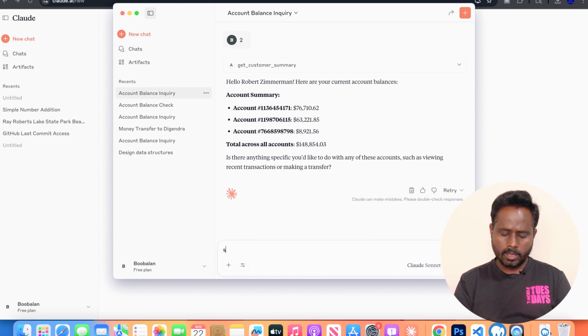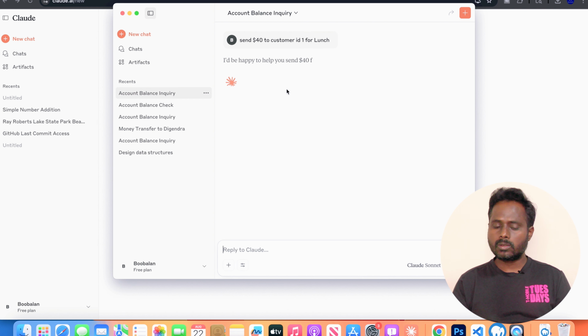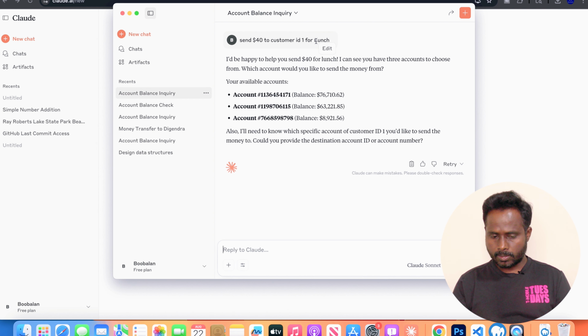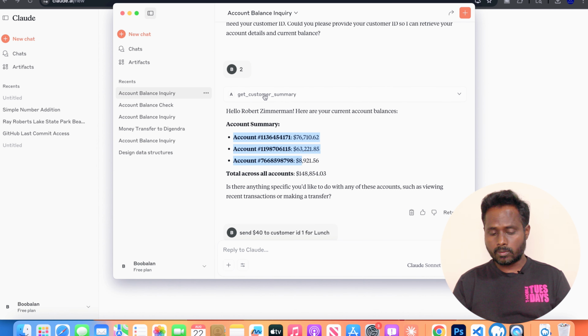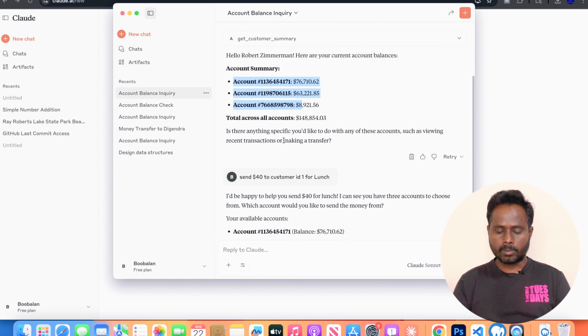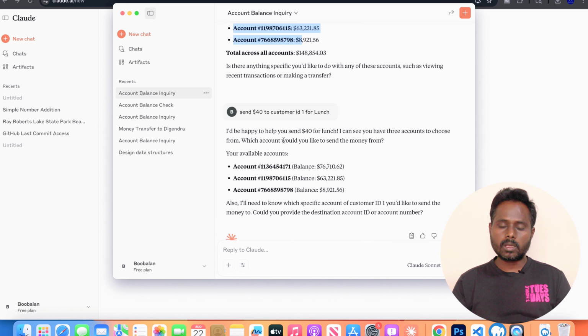Now I'm asking, send $40 to customer ID 1 for lunch, which means I'm trying to send $40 to customer ID 1 for lunch. But it is asking, there are 3 accounts associated with this particular customer, which is customer number 2. Which specific account am I supposed to use as the from account to send the money to customer 1? So in that case I'll say: